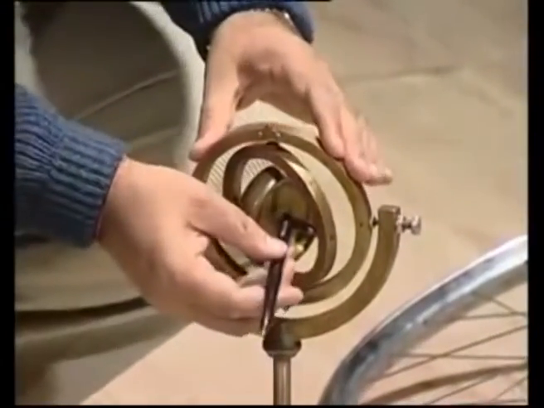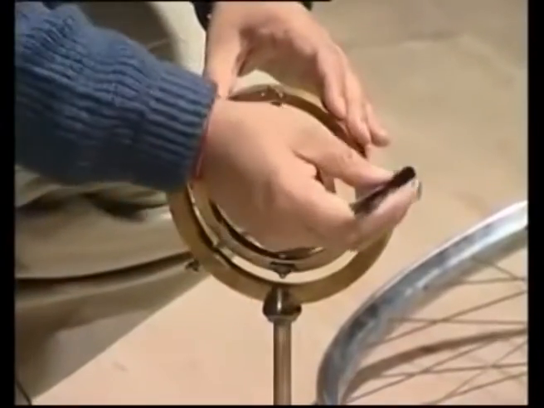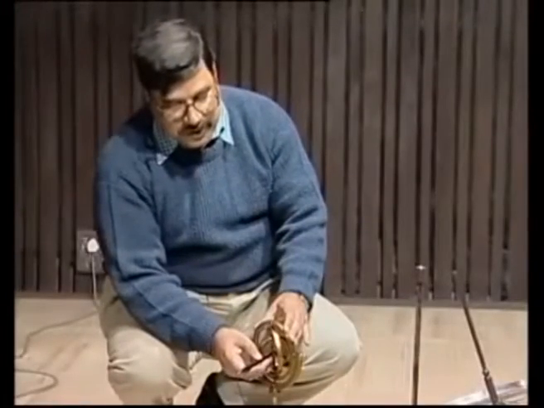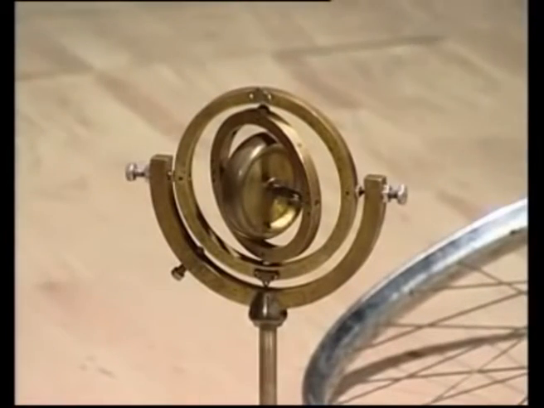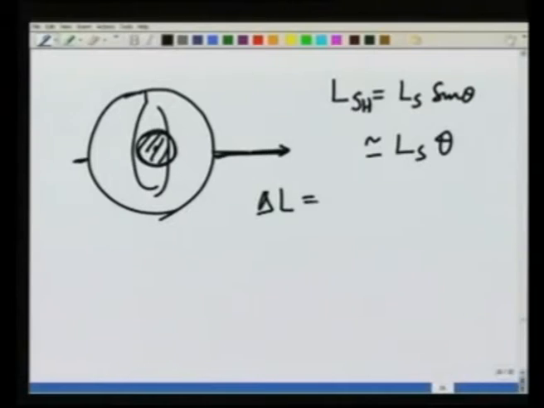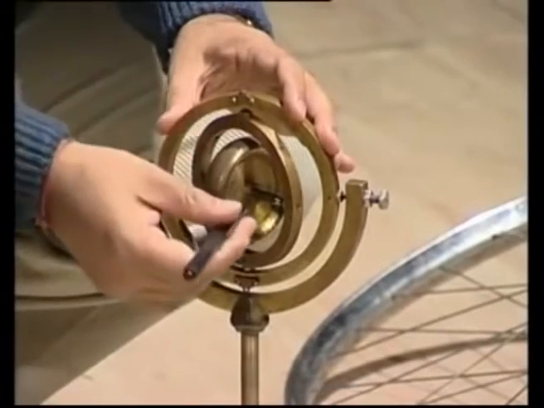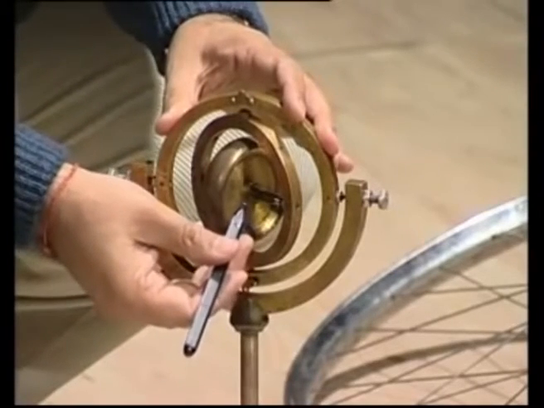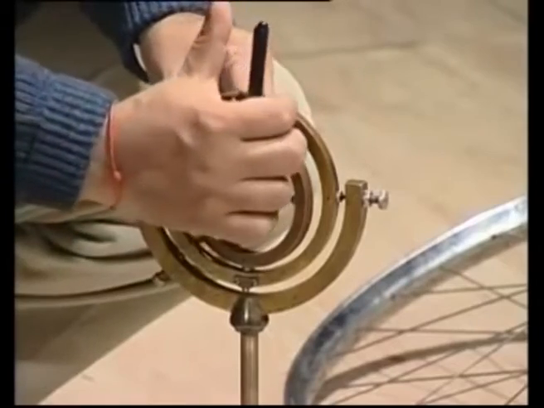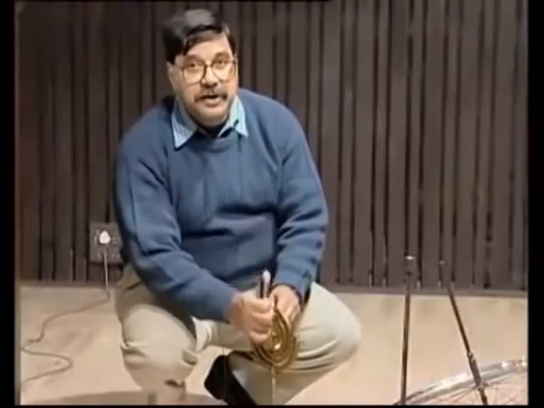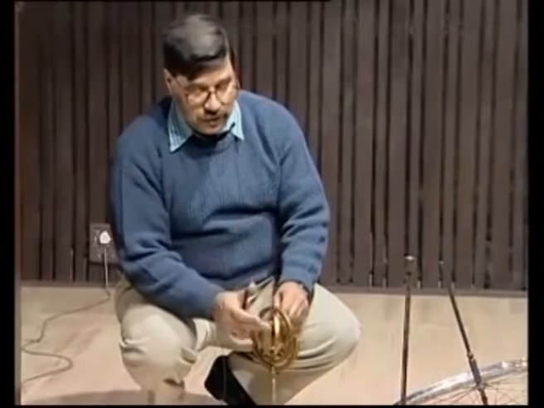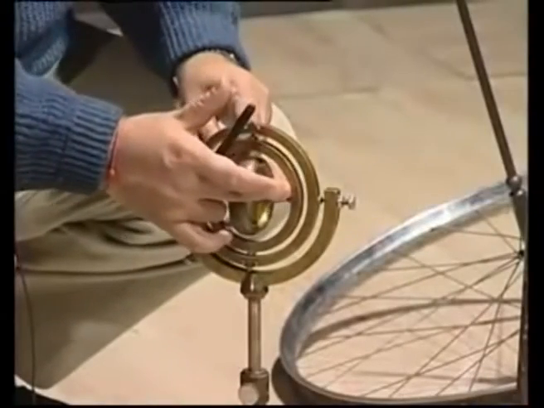You can see this is horizontal, is going to go down, is going to be outer omega times delta T times this component itself. So, delta L is going to be equal to Ls theta times omega delta T, this way. However, there is no torque in this direction, and therefore, delta L in this direction should be 0. What would happen? This frame would rotate in this manner so that it develops a delta L in this direction. So, it will gain an acceleration or a velocity in this direction